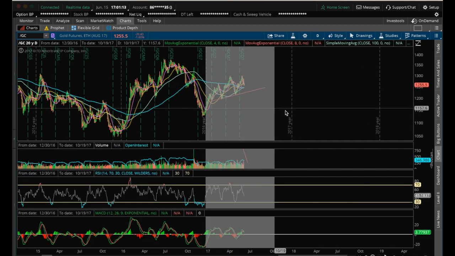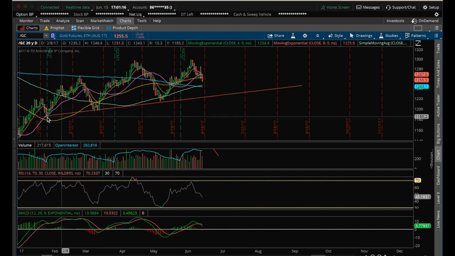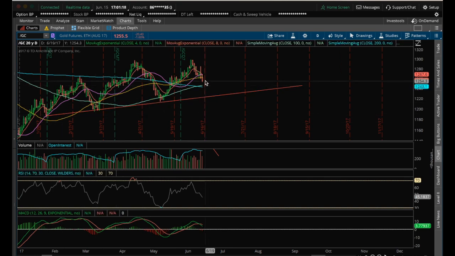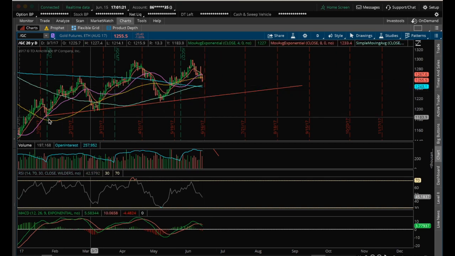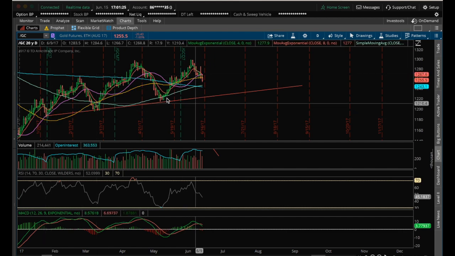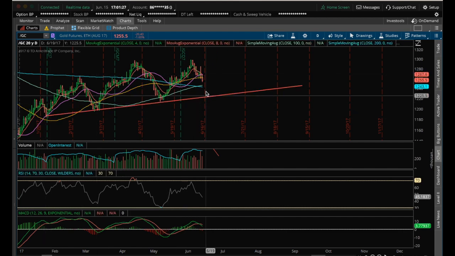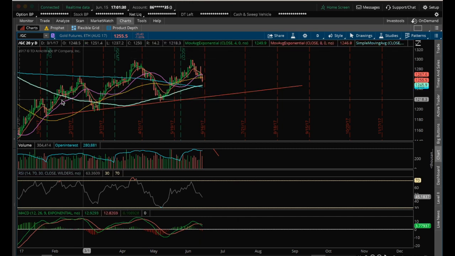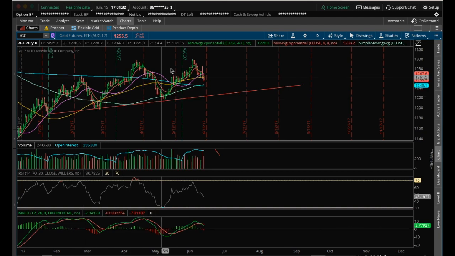We do have this daily uptrend here, and we'll see if we go all the way back down to test that, which it did the last few times. 1, 2, 3. We'll see if we get a fourth test of this uptrend line, and then continue to move. So we are slowly moving back up from the bottom, but we'll have to play these TCG bull crosses as they've worked really well on the daily.